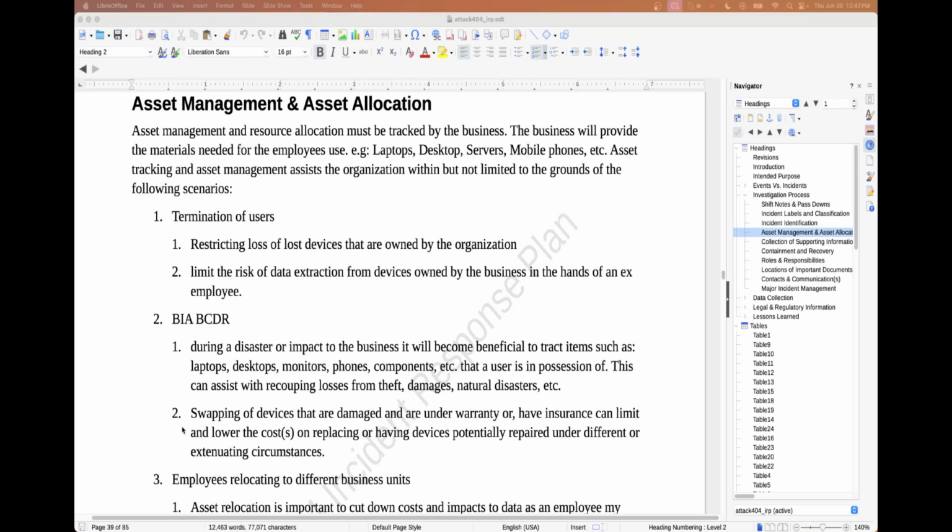Another key aspect of asset management is how we track if, in the event an individual moves to different business units. And then finally, when it comes down to incident response or forensics, we need to get the systems back if there's a legal hold on them, and we have to do deep analysis on the hard drive and its contents, and then what system we gave them as a replacement unit that they could use in the time being,